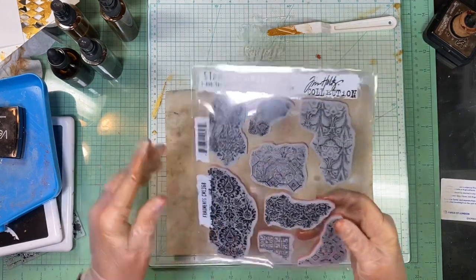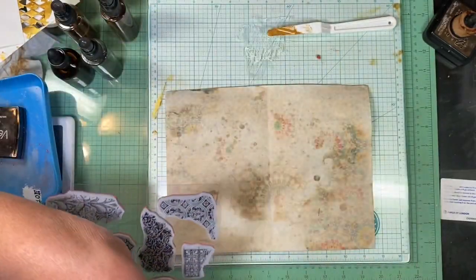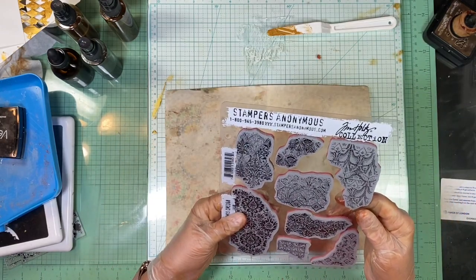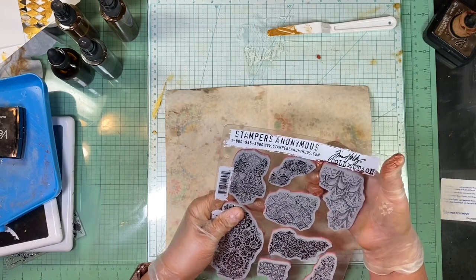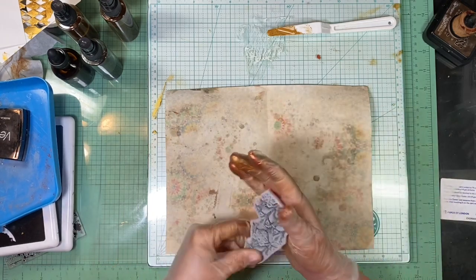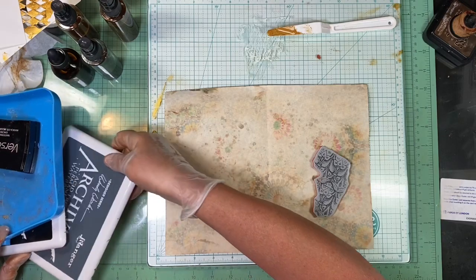Here, I'm going to show you this set that I just got. I just got this, so hopefully it works out, guys. You can have kind of a similar effect if you do embossing. So let me show you. Let me get this one. I think this one would work good. And these are similar designs, so that's why they work together. It'll work because you're